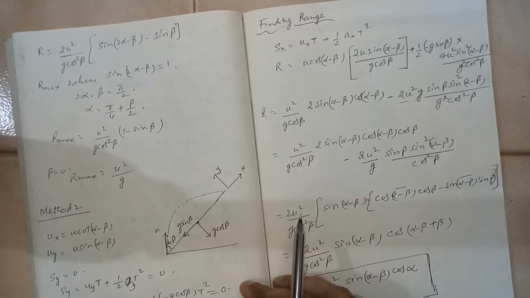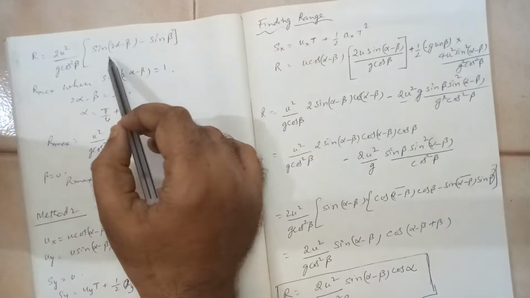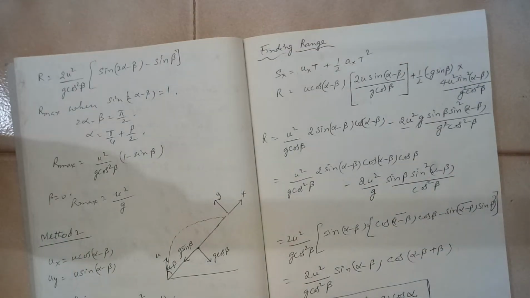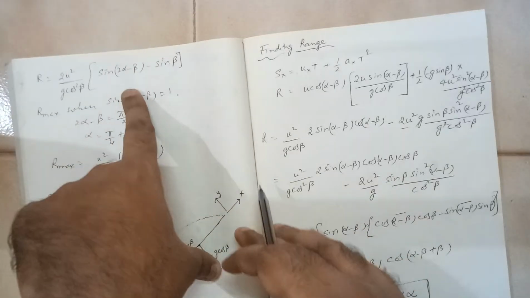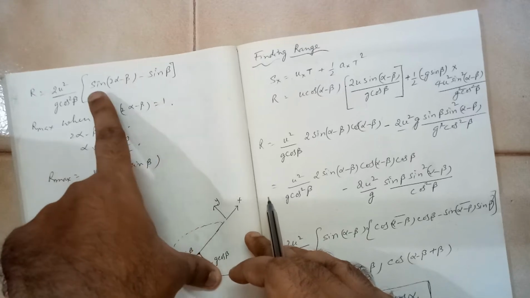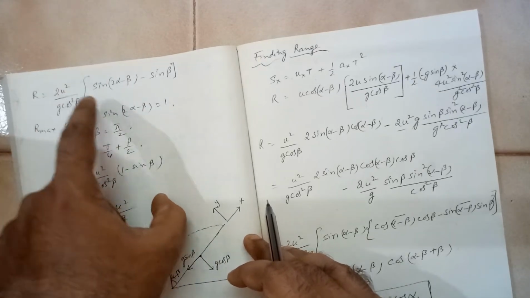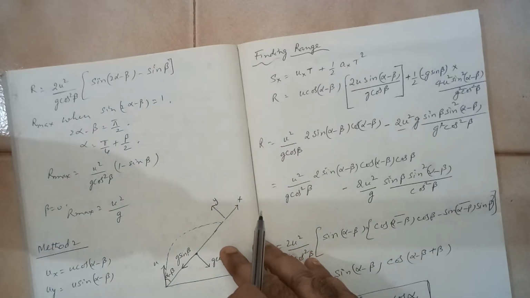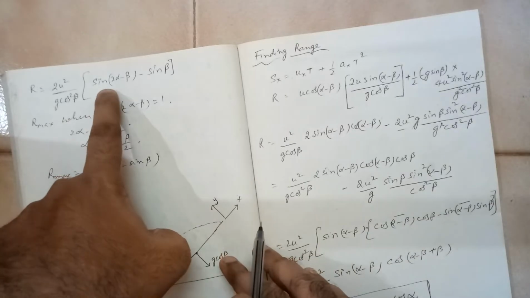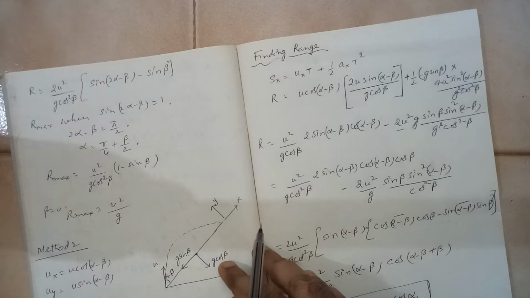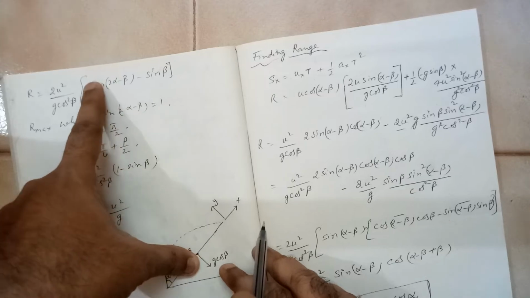Suppose you want to find the maximum range. You know that for the maximum range, the sine value has to be 1. It cannot be more than 1. So it is 1 minus something; this term is anyway constant. This value can be 0.4, 0.2, whatever it is. But when this value is maximum and this one is minimum, you get the maximum range. But for the time being, we will say this value will be 1.